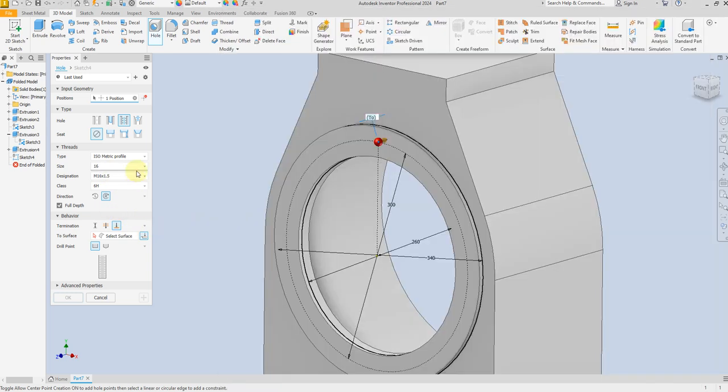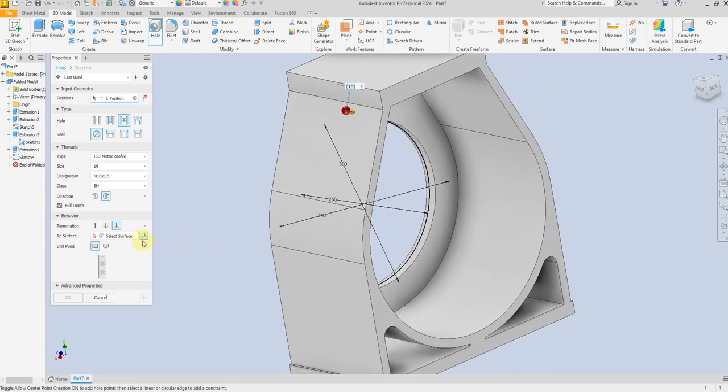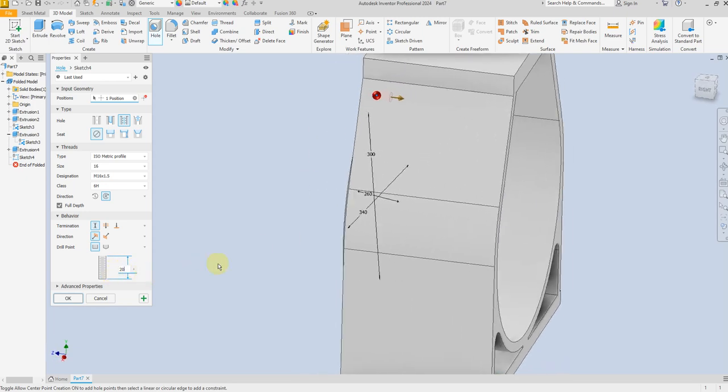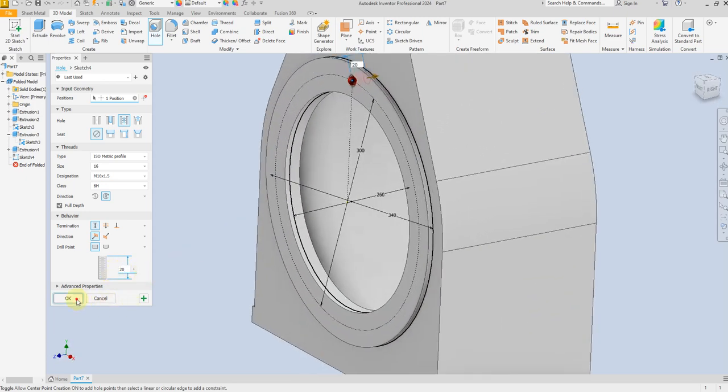So let's select. It is selected by default, all this dimension, but if you want, you can select the isometric profile from here and diameter from here, and M16 times 1.5 from here, and we can select up to next, or we can give a dimension from here, 20 millimeter. It's up to you. Okay,